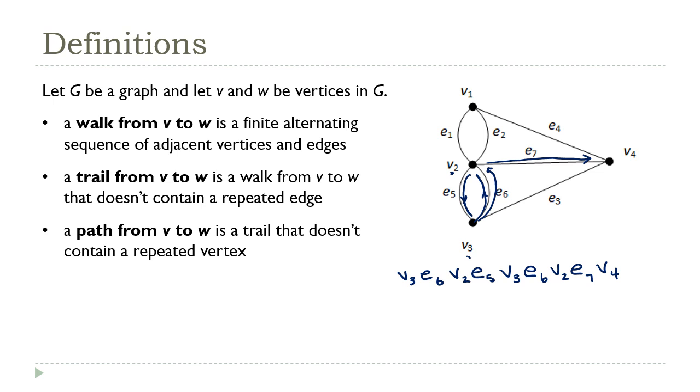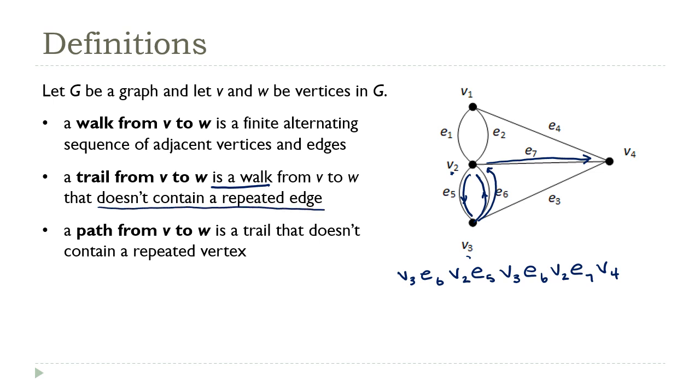And again, if you match this up with the definition, it is an alternating sequence. We've got vertex, edge over and over again, and all of the vertices and edges I picked are adjacent. So this is an example of what we would call a walk. Okay, now a trail is kind of a walk plus, right? So we start off by saying a trail is a walk that has an additional requirement, right? It doesn't contain